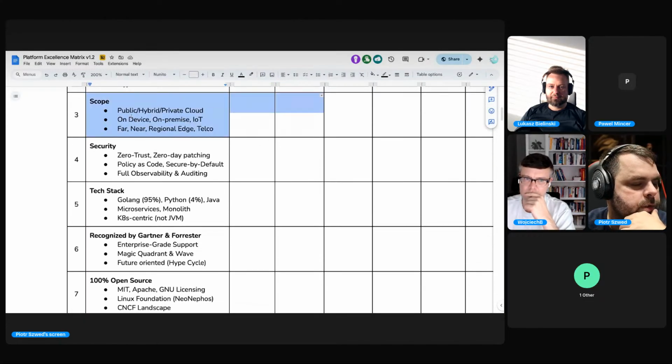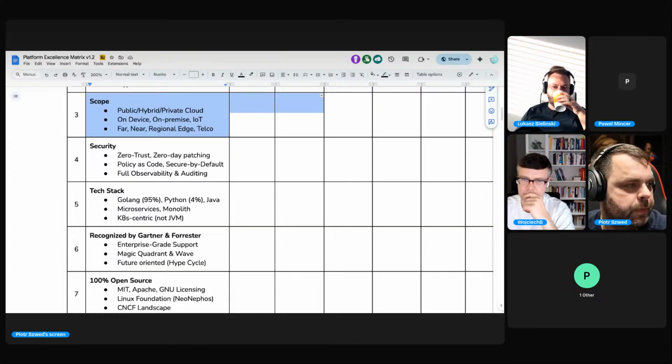And when it comes to the scope, this is more about the target environments, target workloads, or the user data plane, how we call it in some organizations. So what is the scope of the platform? Is it only for cloud, or is it also for on-prem, like Metal Cube or Iron Core, Gardener, trying to address the bare metal and on-prem data centers? Is it supposed to be used for all the possible infrastructure scenarios, or maybe only for cloud? What do you think, guys?